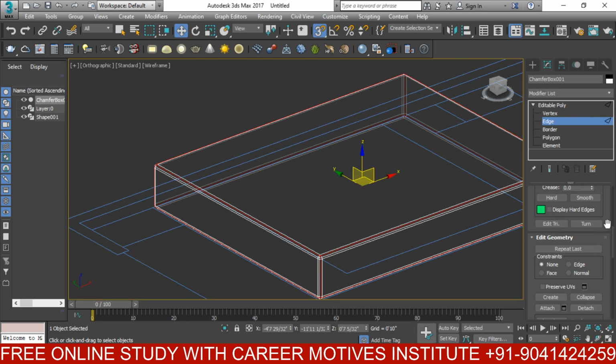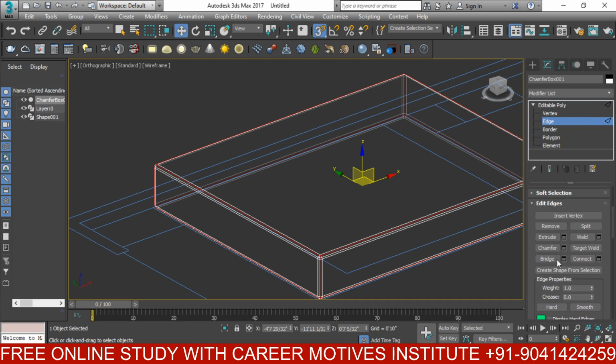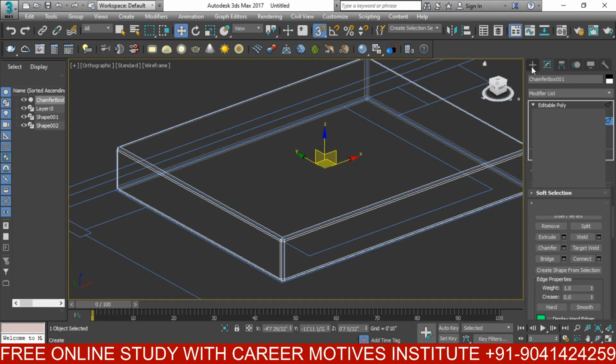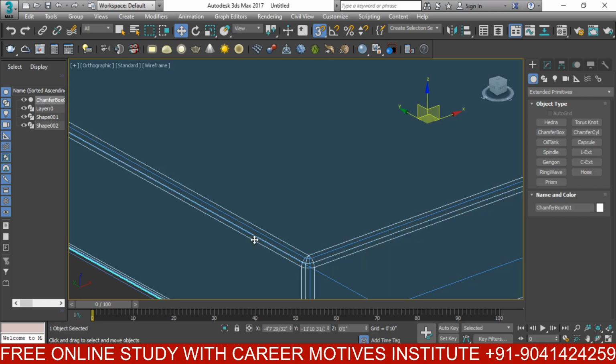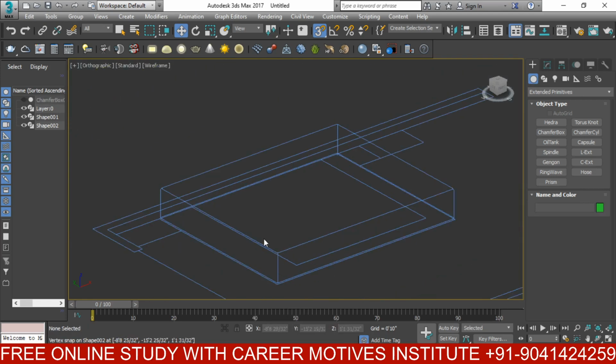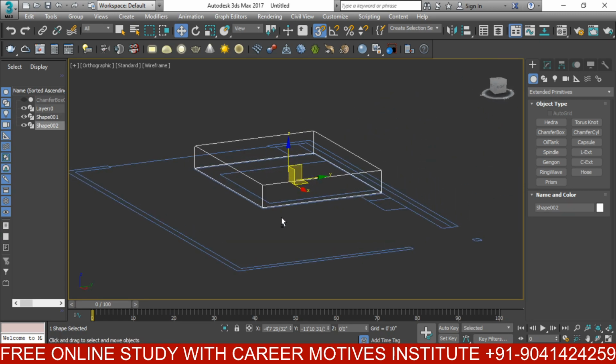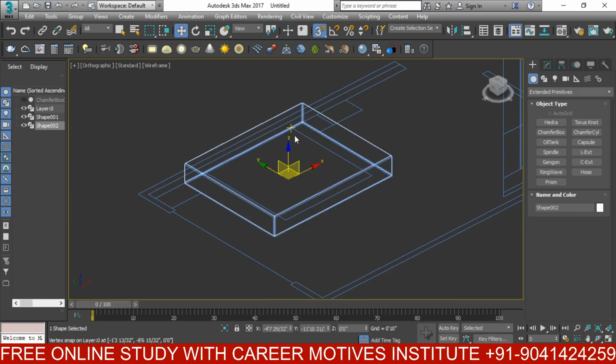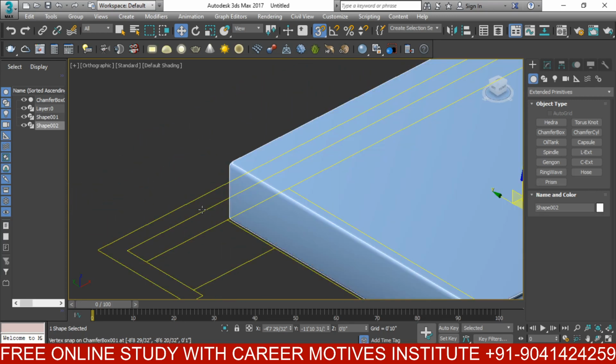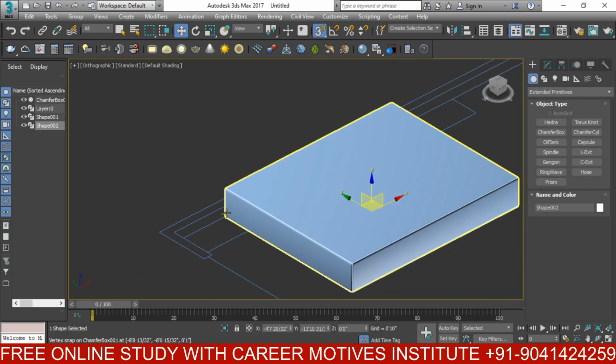Okay, and I'm selecting shape, create shape from selection. Now you can see that the shape, this body, is detached from the bed. So the next step is,